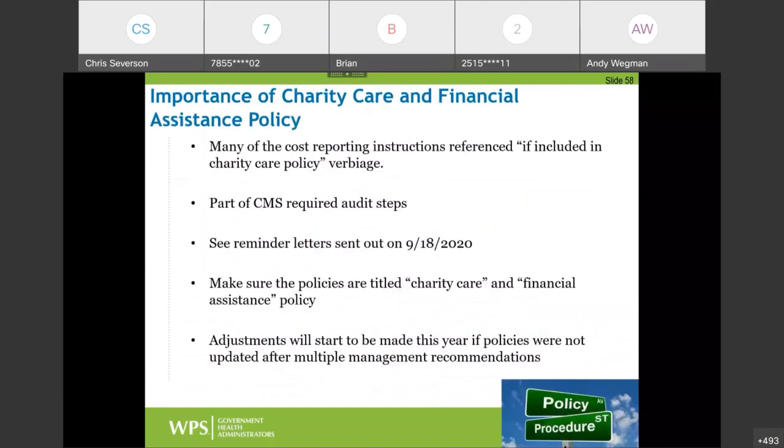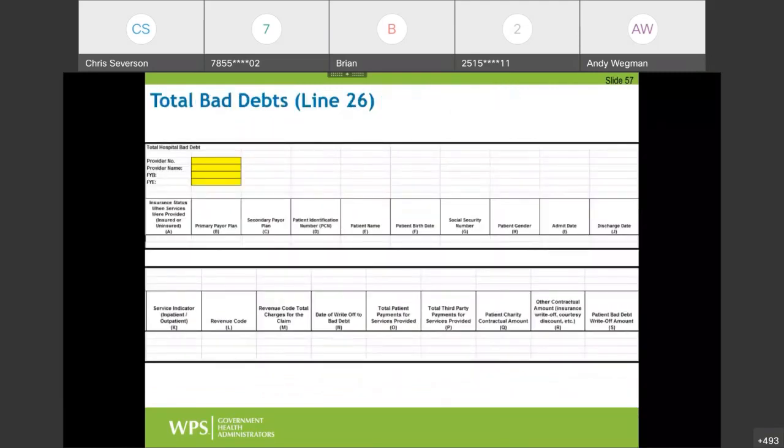So line 26, the template basically. Most of the template's the same, except toward the end. We still have the same thing. We have the revenue code total charges. We're offsetting patient payments, offsetting third-party payments, offsetting all the same things. Now, the difference is